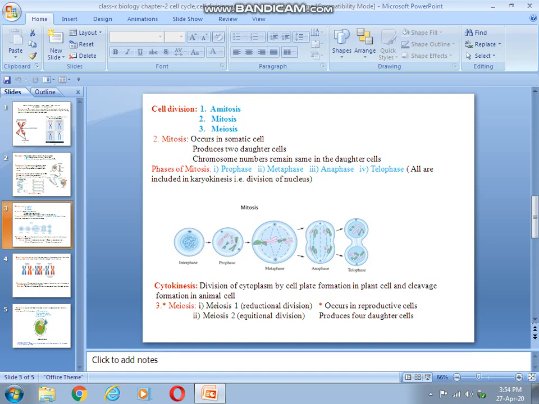Diagram is given here. You just go through the diagram. The first one is interphase. It is not very clear, but still I am reading. The first one is interphase, second one prophase, then metaphase, then anaphase, and telophase. When you go through your book,